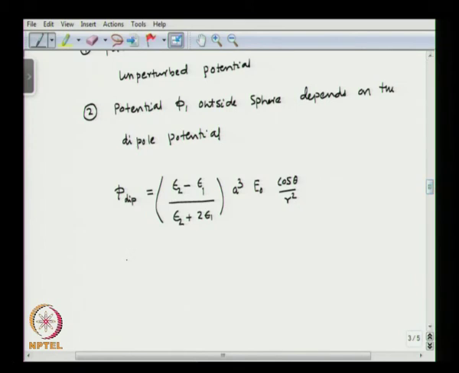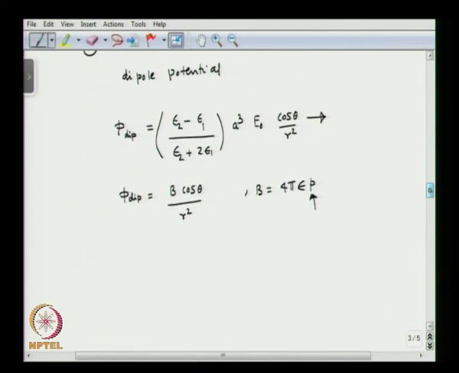Now if you compare that with the dipole potential, which we derived earlier, is B cos theta over r square, where B is 4 pi epsilon into P. So from there we can obtain, for the sphere case, the dipole moment, sorry. So we can say the induced dipole moment